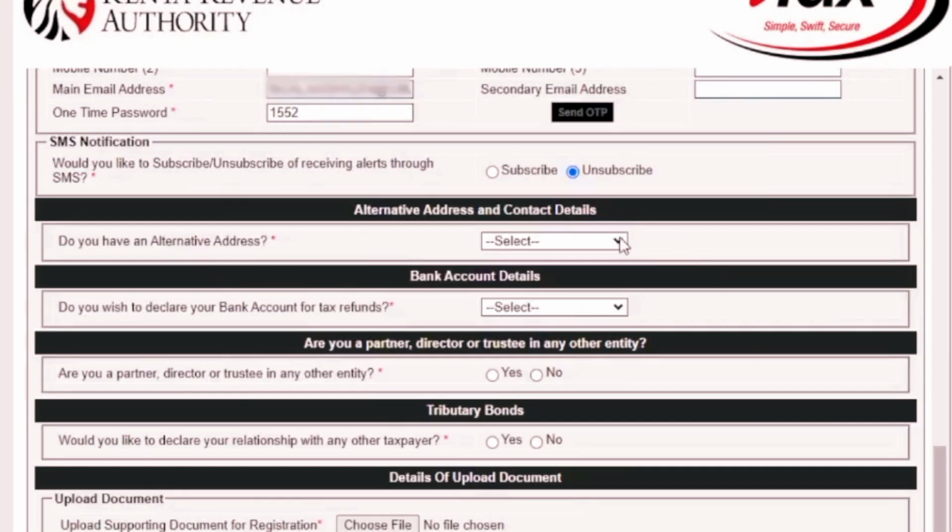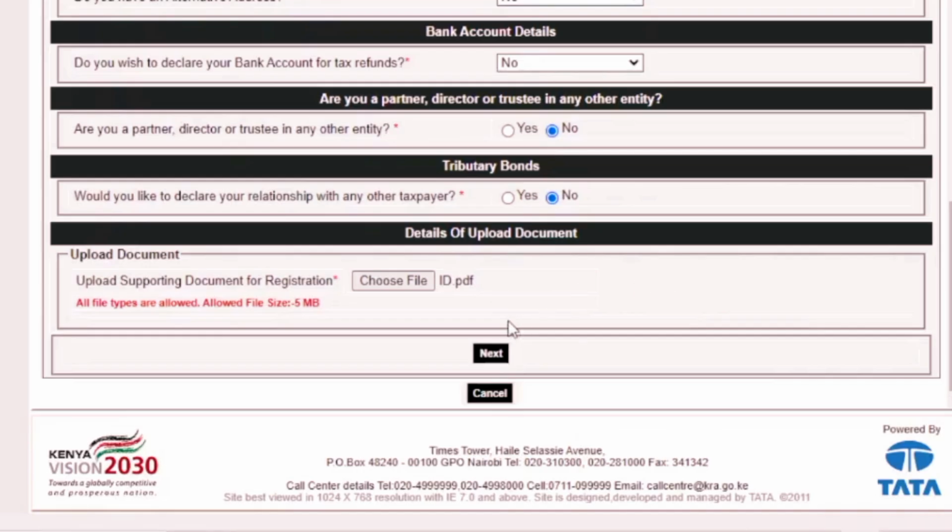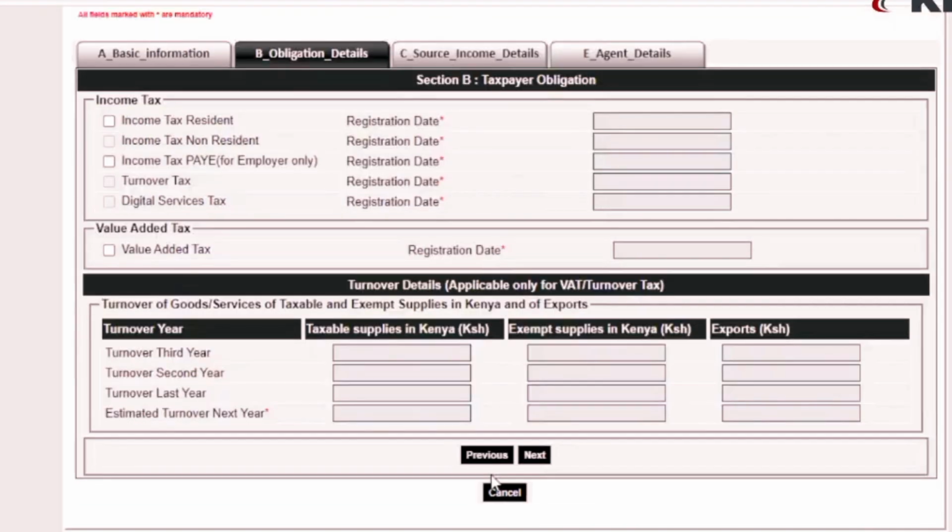Then you will scroll down. You will be asked, do you have an alternative address, of which I'm going to select here no. Do you declare your bank account for tax refund? No. Are you a partner, director, or trustee in any of the other entity? No. Would you like to declare your relationship with any other taxpayer? No. So here you will need to upload your details, ID number, that is county ID, both front and back